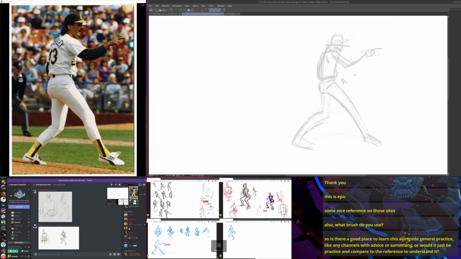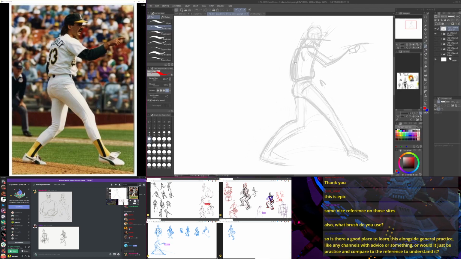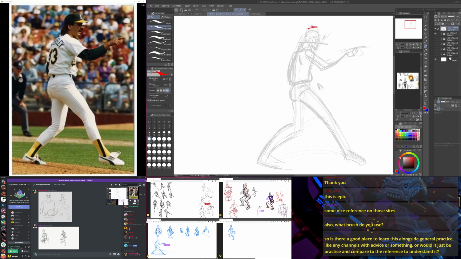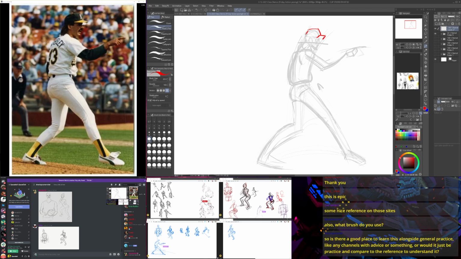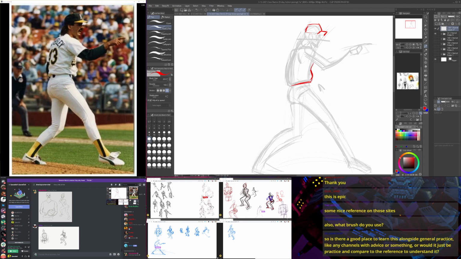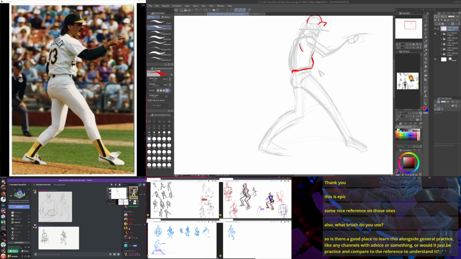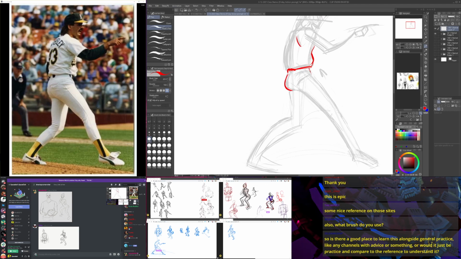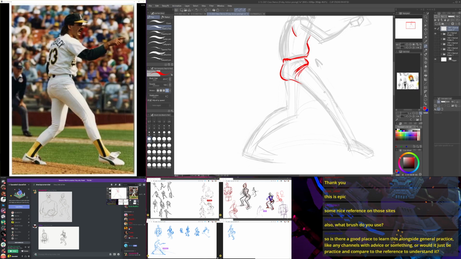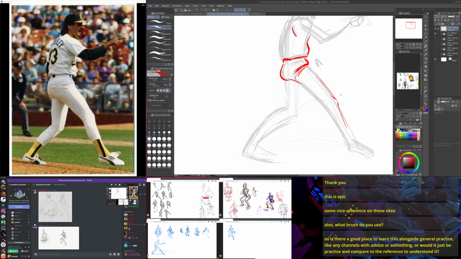So this is my let's plus it up pass, where I take note of mistakes or things that I maybe want to push more. And I do another pass over the drawing, seeing if there's anything where I can add more indications of things or push things or fix things. See here, there's this knee joint that's kind of bending here. This is more at an angle. This is like changing direction slightly.